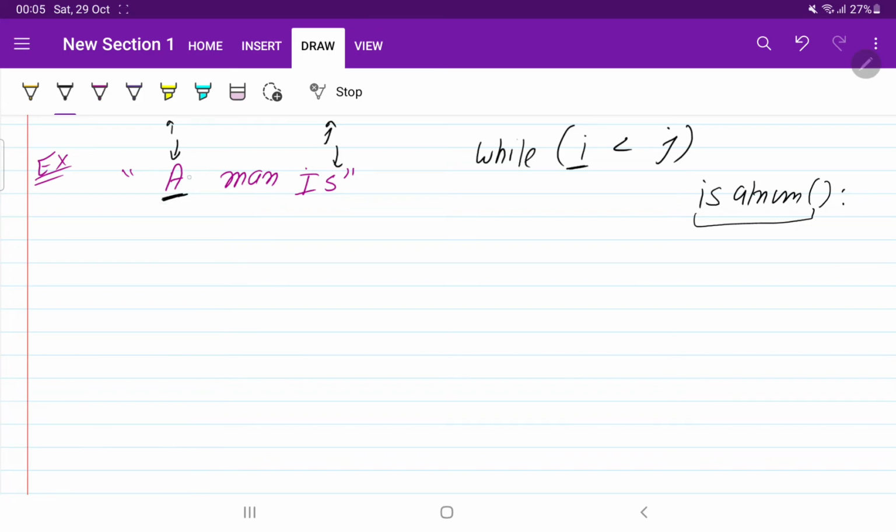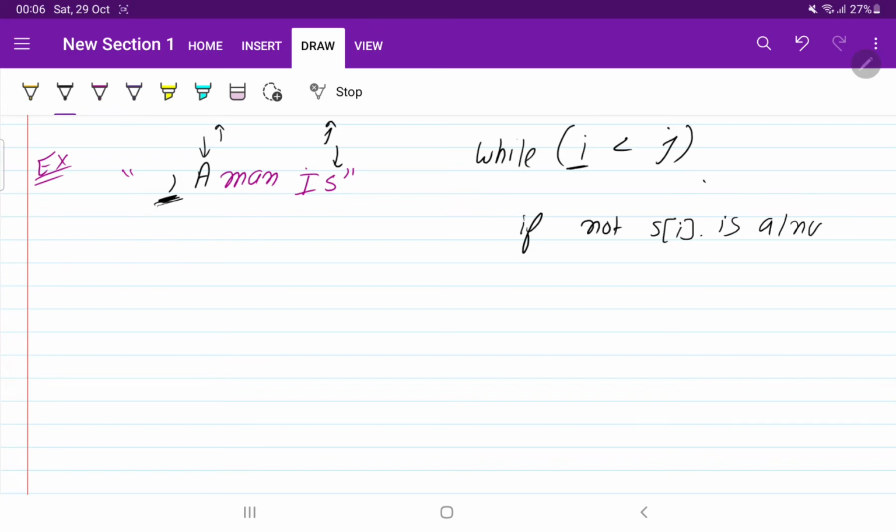If it is alphanumeric, okay, so what I will do, suppose the first letter is a comma. Let me explain to you. First is a comma, then it is A. So whenever you get a letter that is not alphanumeric, we will shift our i by 1. So the first condition is clear: if not s of i is alphanumeric, and I am going to directly use this function, isalnum. This I am going to check for this one.